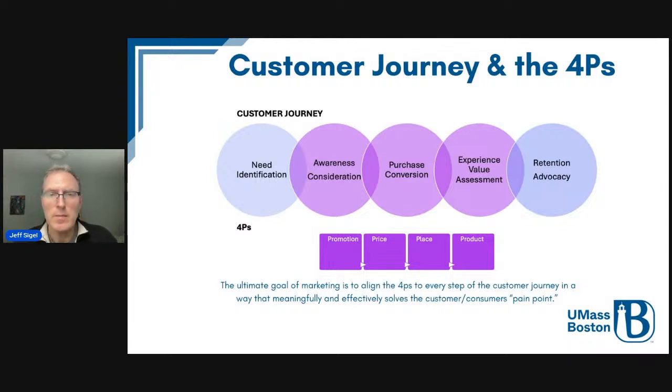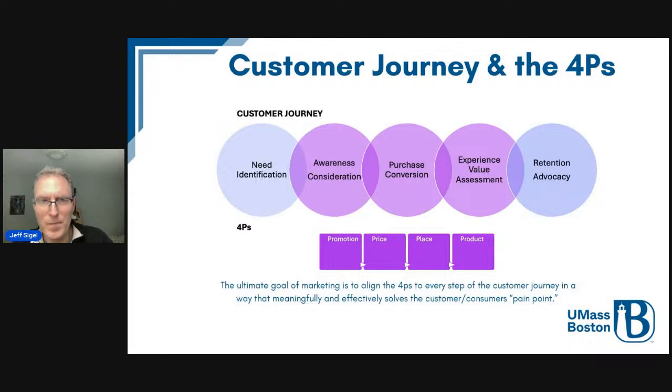The customer journey refers to this idea that the customer doesn't just interact with your product when they are using your product. There's a whole process by which they decide to buy something, use it, etc. And so we were talking in the past couple of sessions about this idea